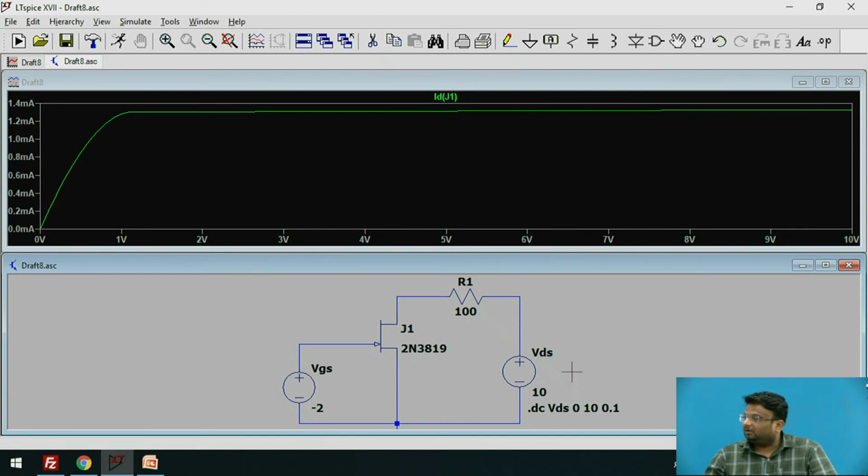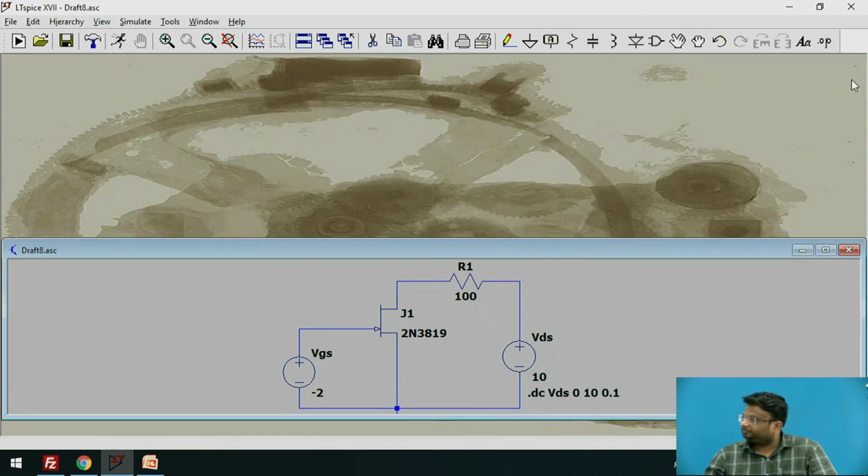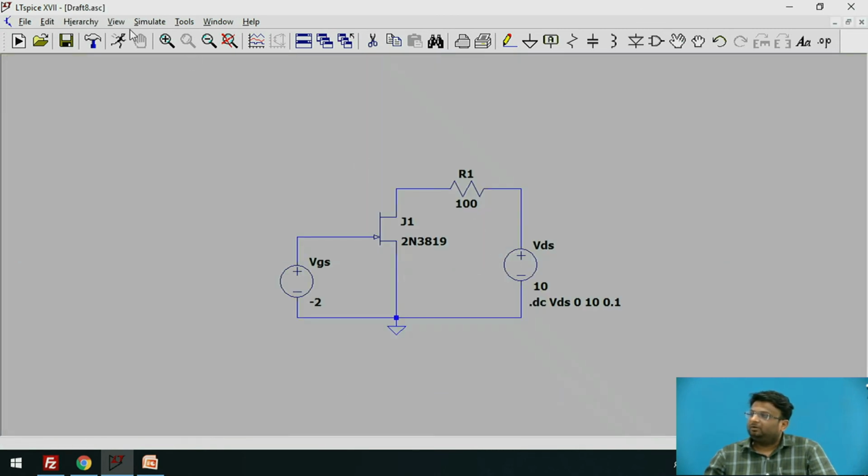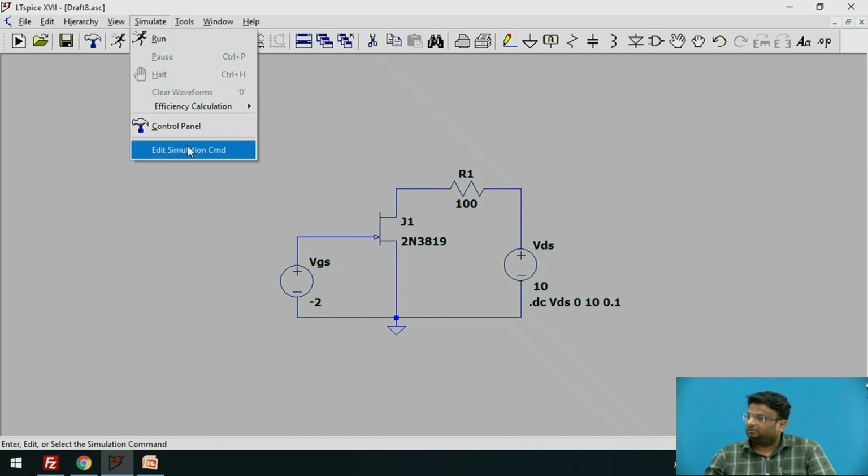for the changing value of the VDS, and here the VGS is kept constant. Because of that we have got only one line. Now let us see what will happen if you change the value of the voltage VGS. So I will close this window, maximize this window, go to the simulate option and go to the edit simulation